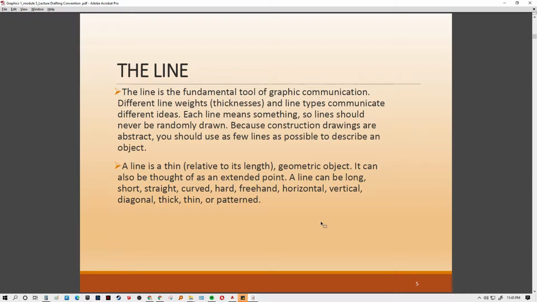They serve as symbols to us that make us able to read plans better and understand them better. So we have our line weights and the line types, and